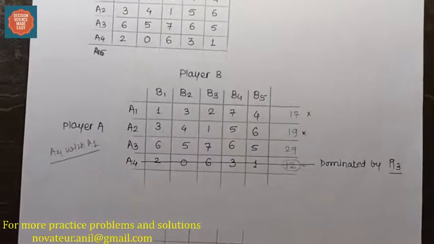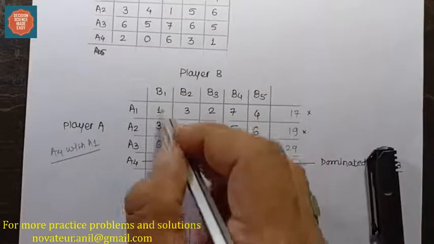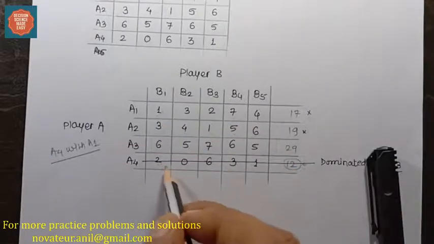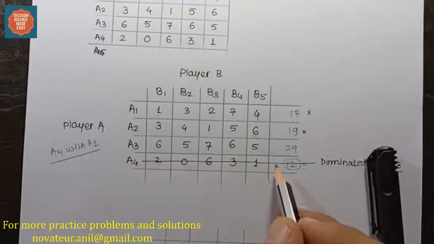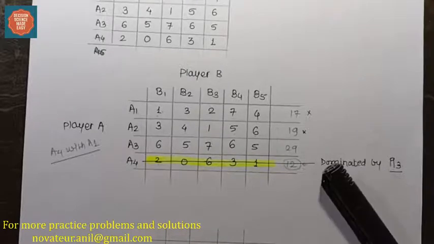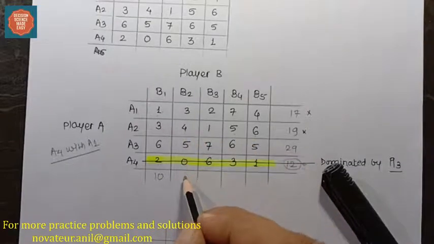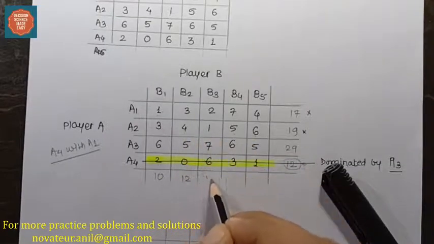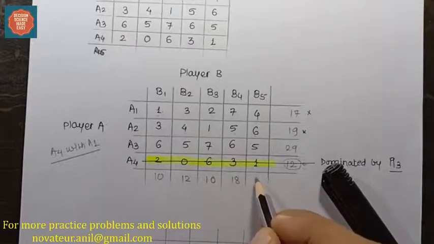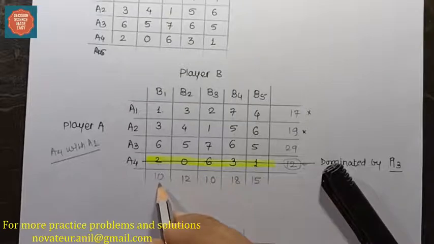So I'll just repeat the same thing in order to save our time. It's very simple. I'm going to calculate this vertically. Since this row is already discarded, we are not going to calculate the values of this row. The remaining column elements I'm going to add up. So this will be 10, 12, again 10, 18 and 15. So I'll again start with the number which is the lowest, that is either this or this. So I will start with this.